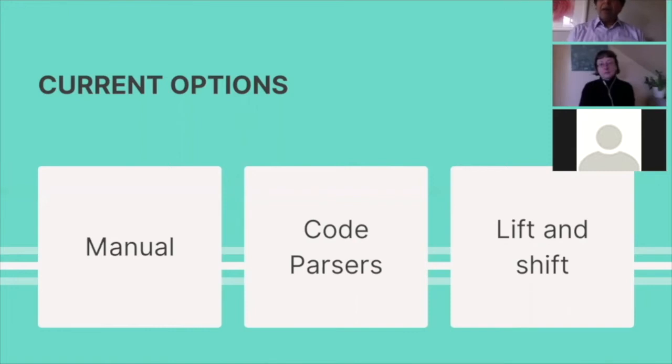The upcoming, more promising option is lift and shift. The risk of losing business or functional aspects of your application is quite low with a lift and shift methodology, where you are getting rid of vendor lock-in. At the same time, you're also giving your cloud strategy a leg up for the future. So in the next few slides, we'll examine individually what are the pros and cons of each option, and where to go.